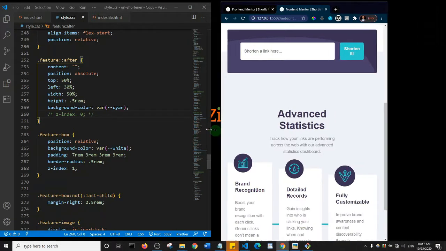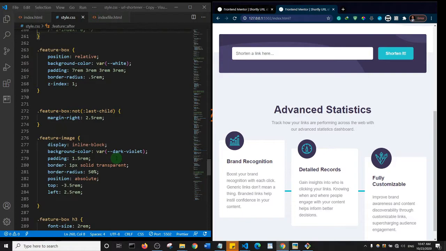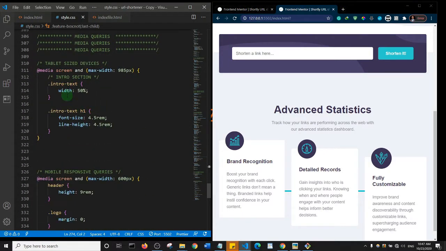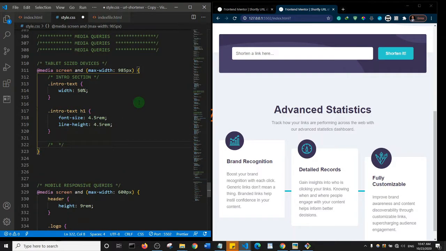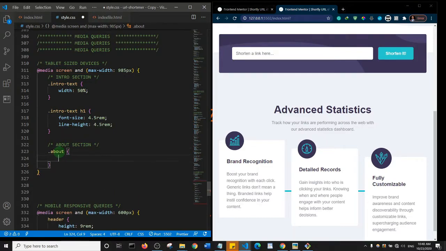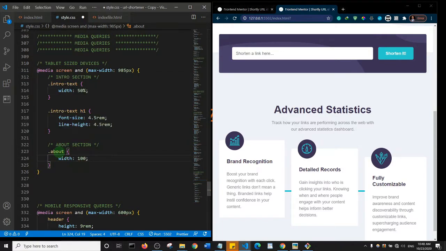with media queries. Let me come to my media queries section, and I'll start here. First I'm going to add a comment, and I'm going to say about section. Basically I'm just going to change the width. So I'll say dot about, and I'll give it a width of 100%,